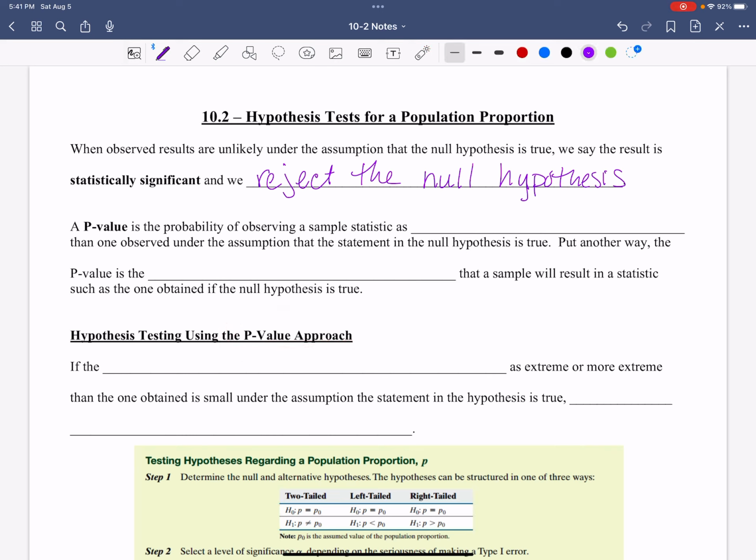All right. So a p-value is the probability of observing a sample statistic as extreme or more extreme than one observed under the assumption that the statement in the null hypothesis is true. Put another way, the p-value is the likelihood